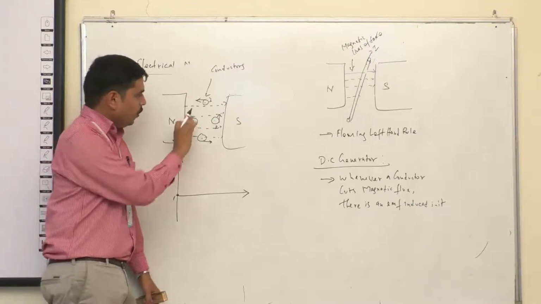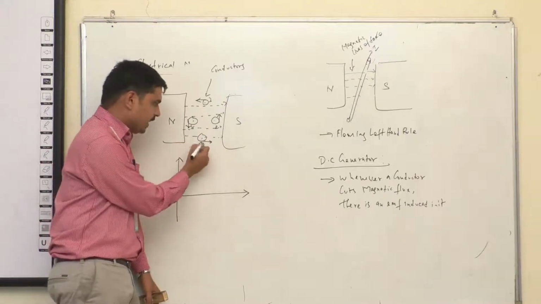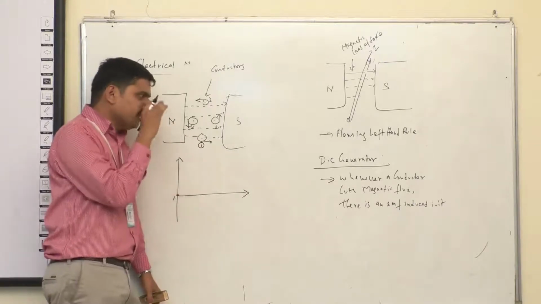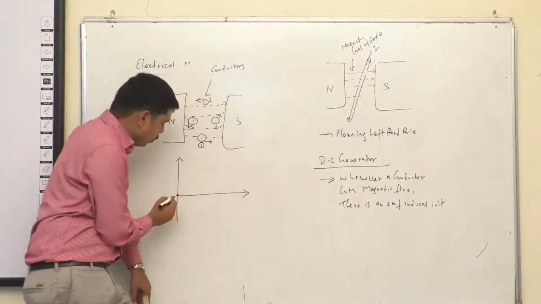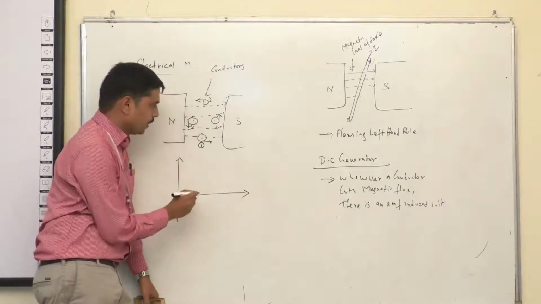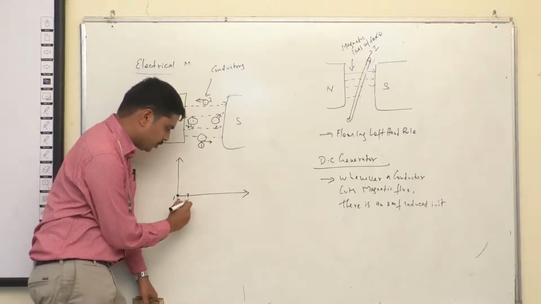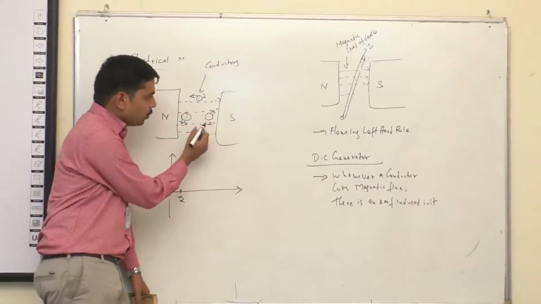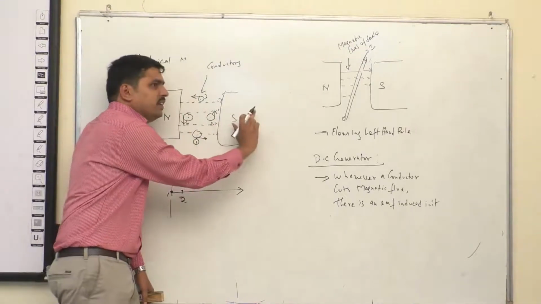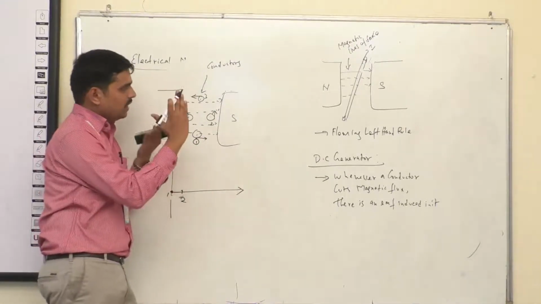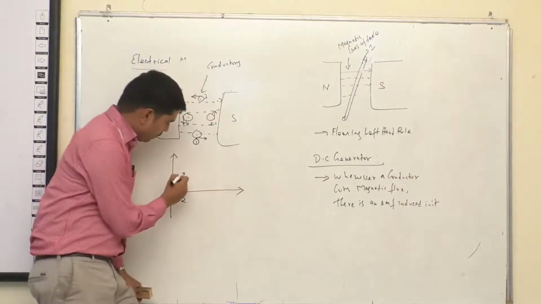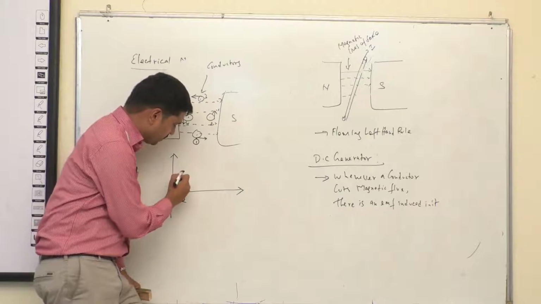So let's see how it is going to operate. If you take the first conductor, both are parallel to one another, so it is not cutting, there is no EMF produced, so it is 0. Next, position 1 and this is position 2. In position 2, the conductor is moving in the upward direction and the magnetic lines of force travel in this direction. So when the flux is cut like that, the flux is maximum.